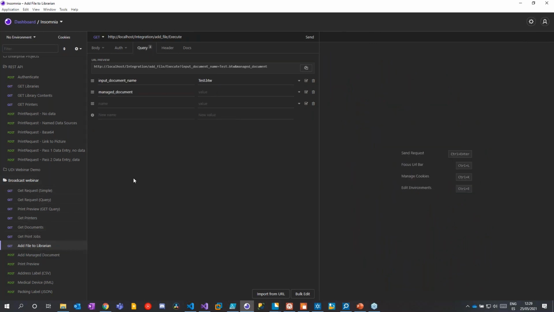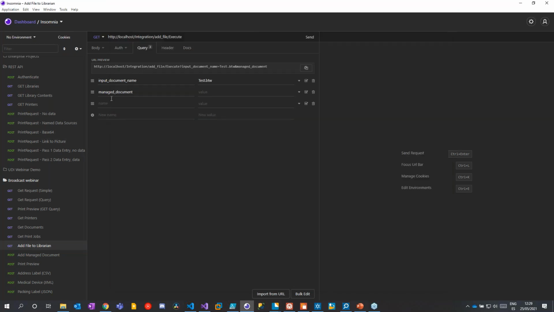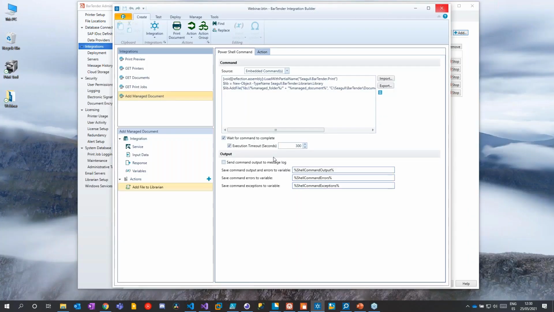And lastly, I can add a file to my librarian input document. Oops. Did I miss something? I think I missed something. I would need to fix that. Looks like I was playing with it recently. Managed folder, managed document. Okay. I guess I've run out of time. But I would need to fix that request so that it would add a document